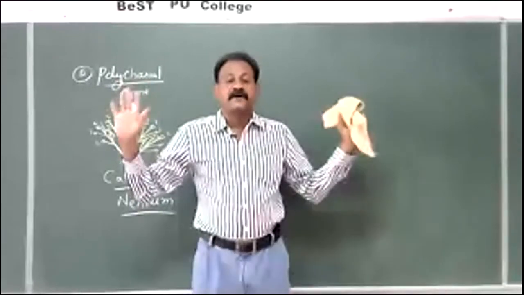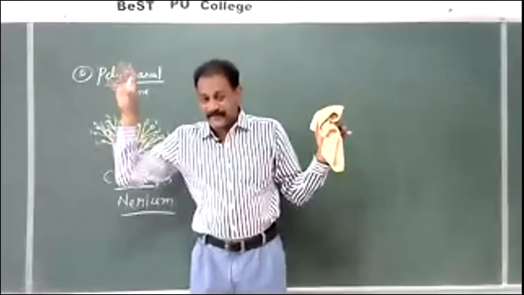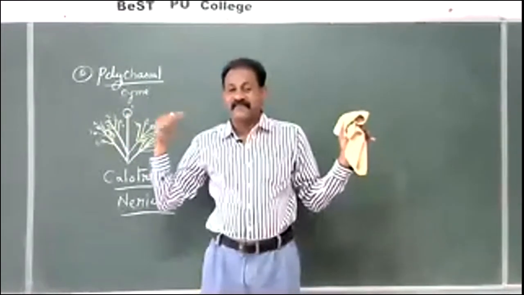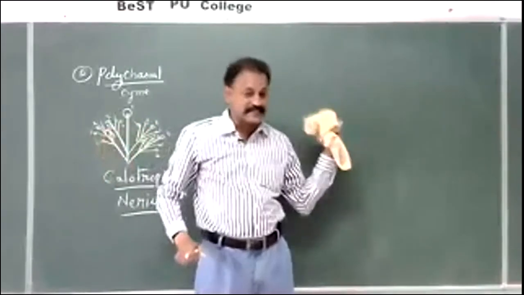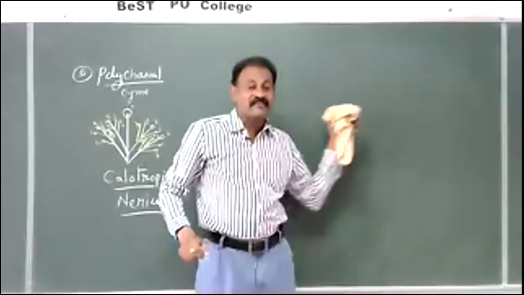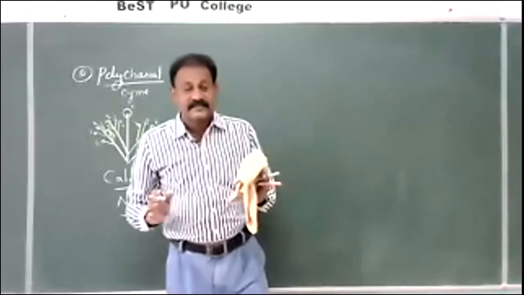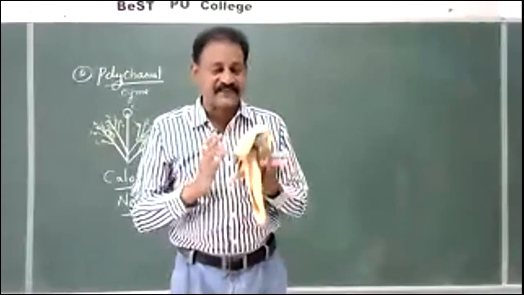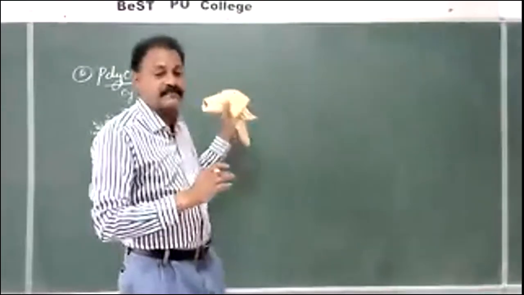Third one, if the peduncle is condensed, old flowers are at the outside, periphery, young flowers are in the center, centripetal opening. Here, if the peduncle is condensed, old flowers are at the center and young flowers are at the periphery. This is called centrifugal. So, these are the 4 basic types of characteristic features. We have already seen these and we have seen various subtypes.